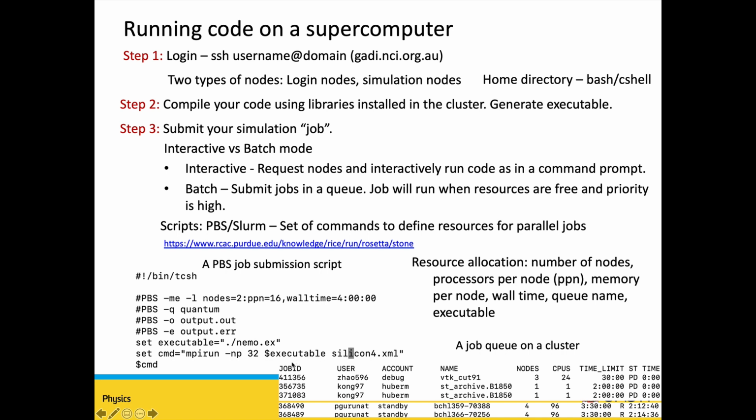So you have your job ID. The job is assigned a particular ID. It shows your username and then name of the job and how many nodes you are using to run. And this is the status, whether the job is held or if it is running. R represents running. So this is the infrastructure. When you log into a supercomputer, this is what you have to deal with, and how you can control the simulations that you are going to run.